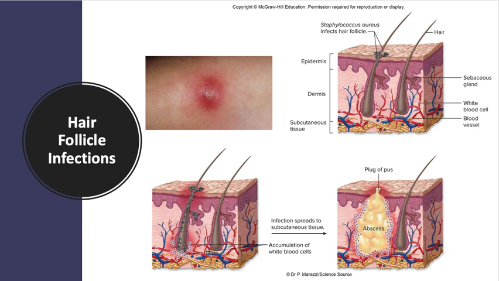Okay, the first type of infection would be hair follicle infections. So briefly, a hair follicle infection is an infection of this hair follicle right here. If an infection is limited to the hair follicle, like right here, or even a little deeper in the hair follicle, these 2 types of infections would be called folliculitis